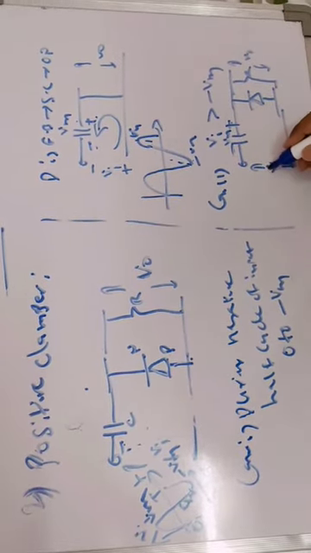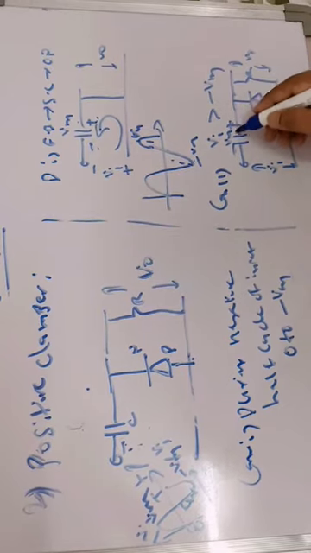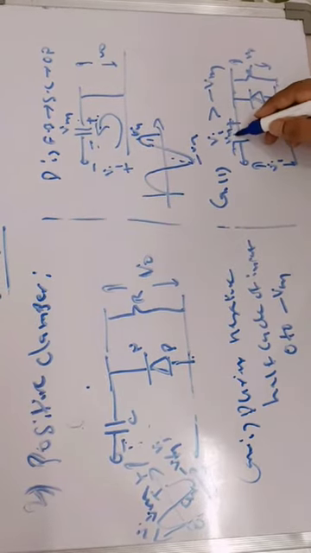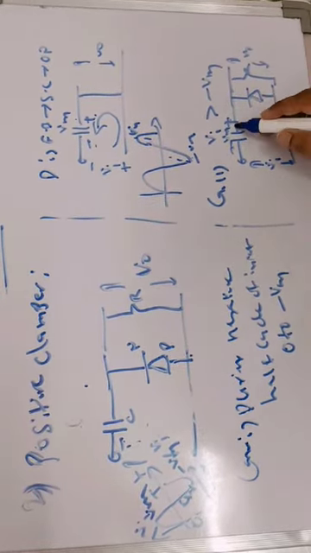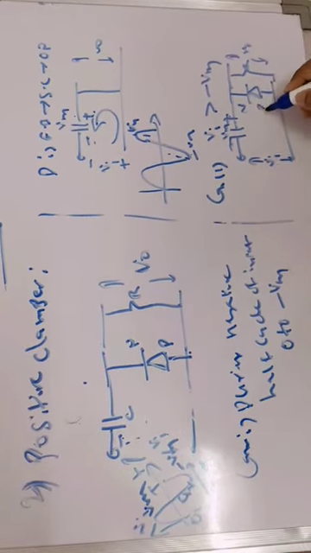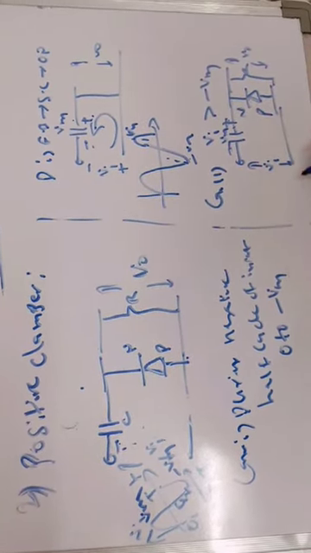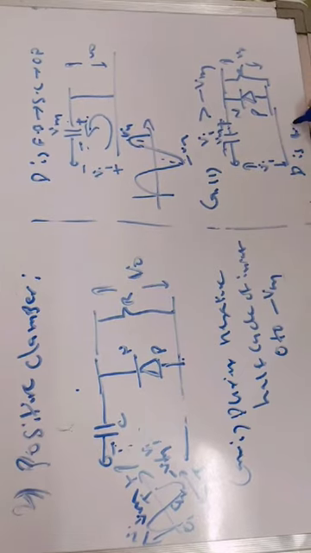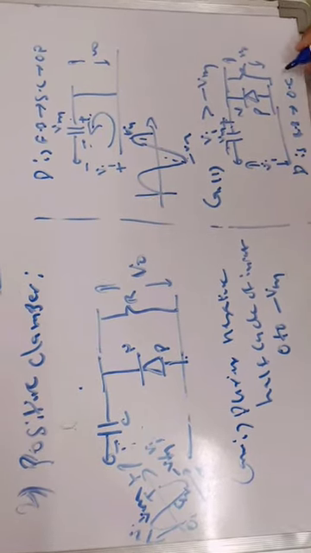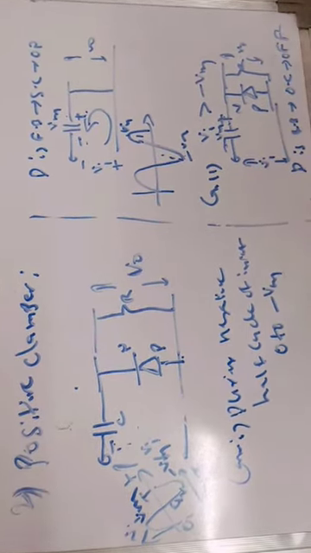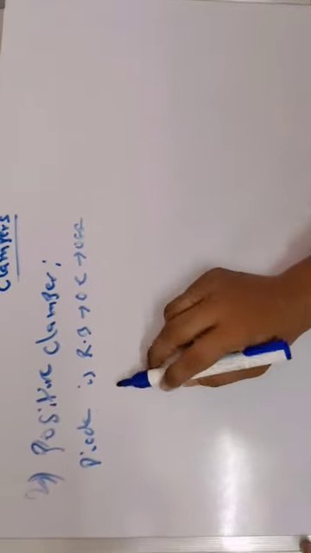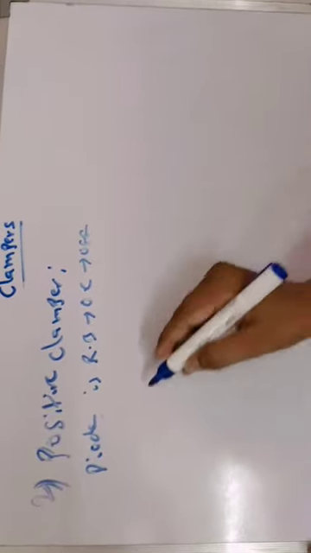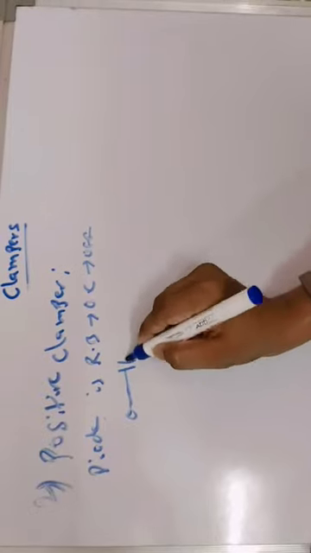When the input is increased, in terms of magnitude it is more than Vm, so more positive is given to the N type. More positive given to the N type means the diode is reverse biased, and it is open circuited, an off switch. So when the diode is open circuited, what will be the equivalent circuit?